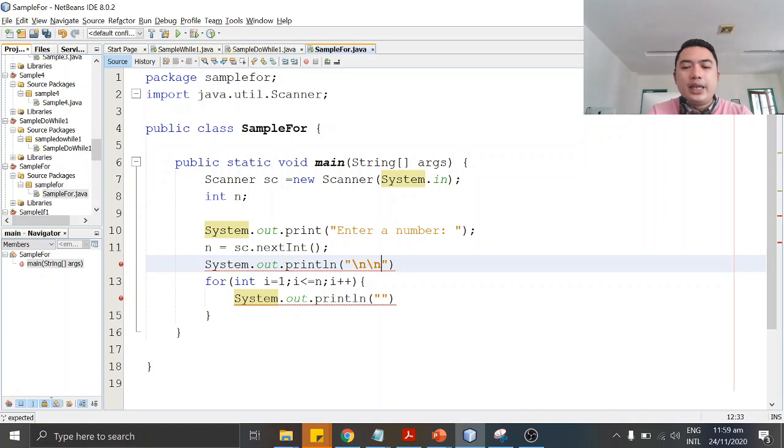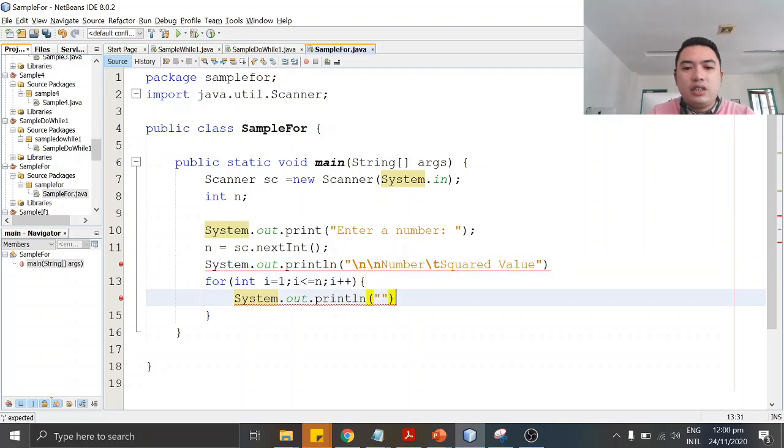We will print Number, and then let's print \t, dash, and then value, squared value.